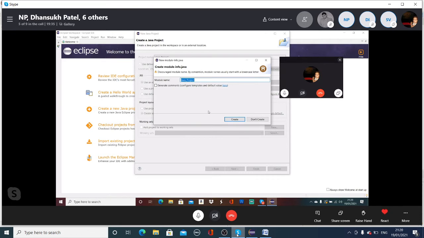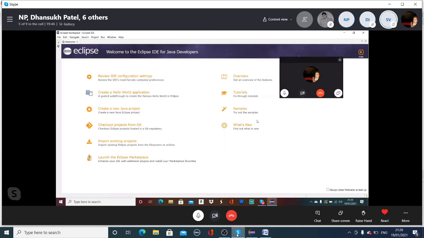So here it says this, correct. So click and say don't create it. It's a module info, you don't need to create it. And now close this welcome page. No, you are going to close Eclipse.